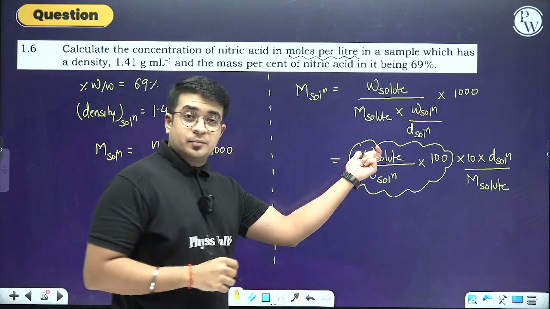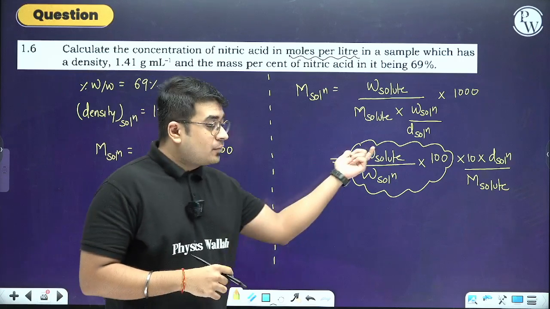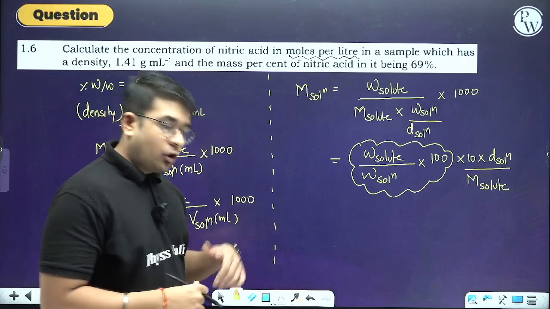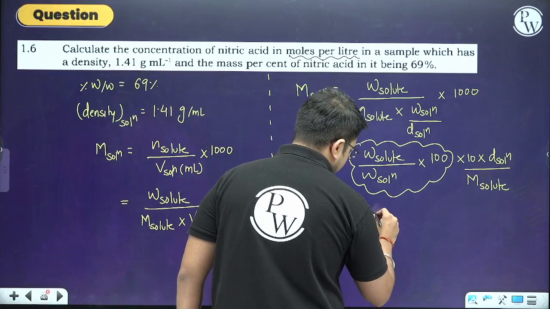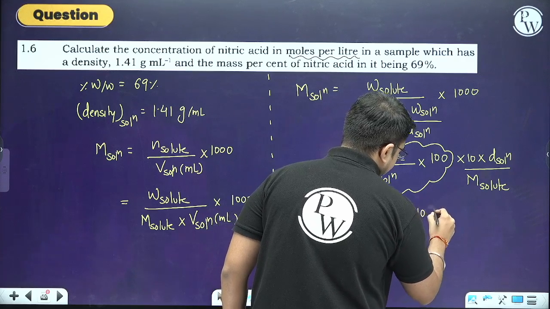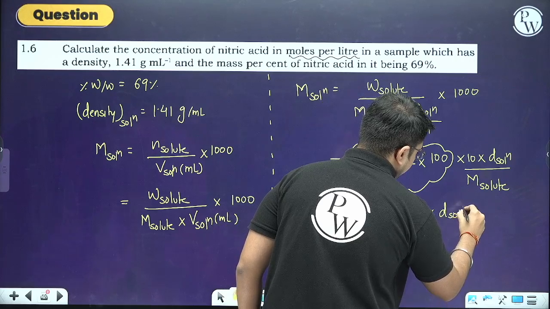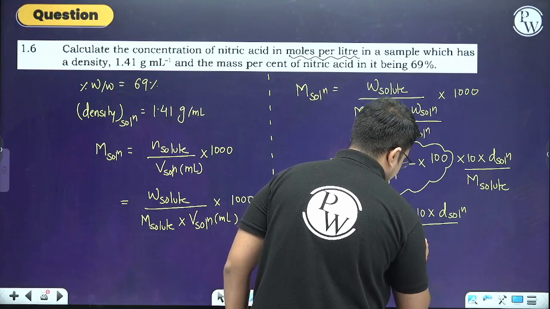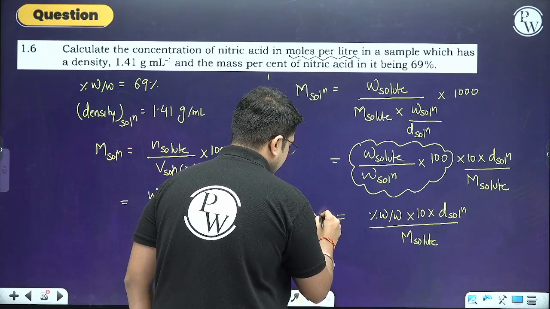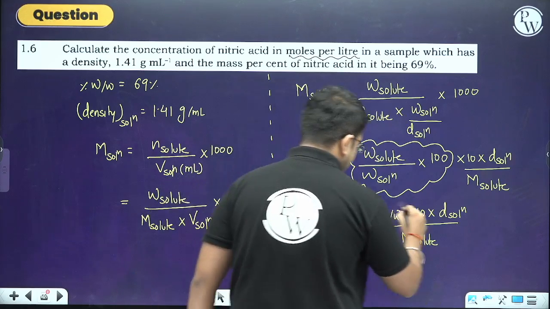This is percentage W by W, that is the amount of solute in grams present in 100 gram solution. So this particular part is already a concentration term. So this will be percentage W by W multiplied by 10 multiplied by the density of a solution divided by the molar mass of solute. That will be the molarity. So either you can use this particular formula,